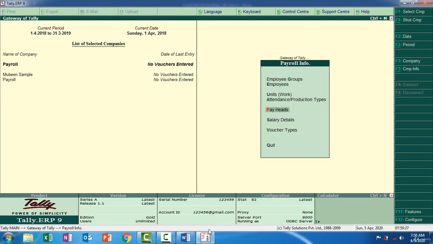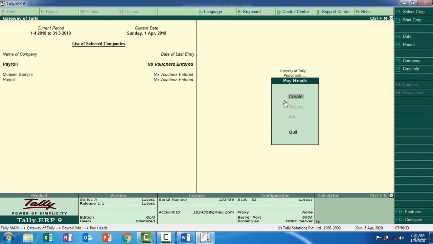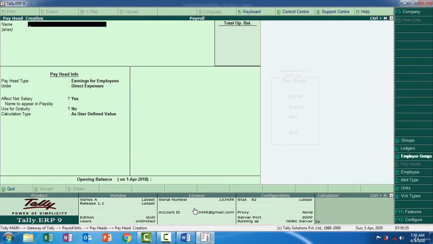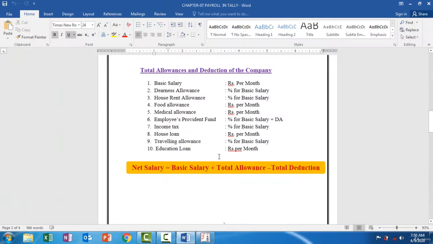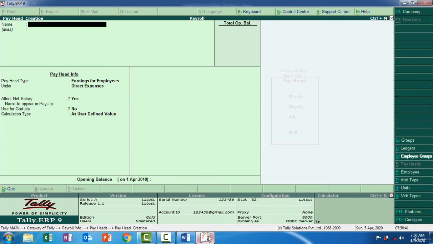We are going to create the first pay head in the pay head creation. So I'm going to click the pay heads and then create. The first one is basic salary. I'm going to type here the basic salary,